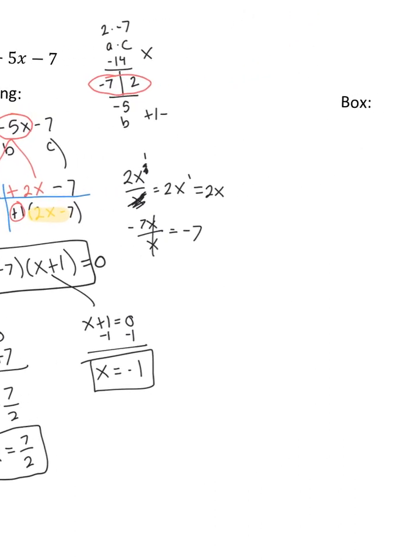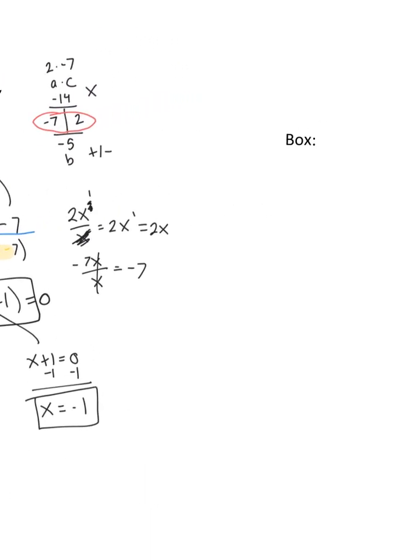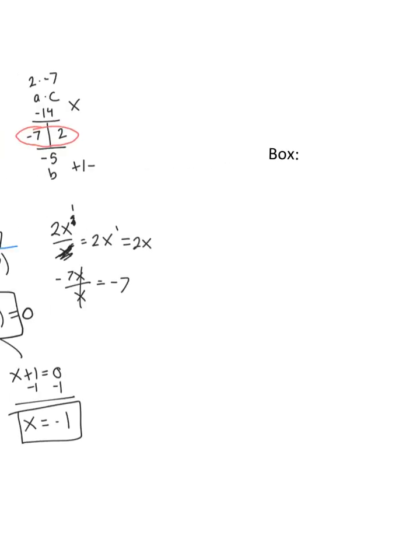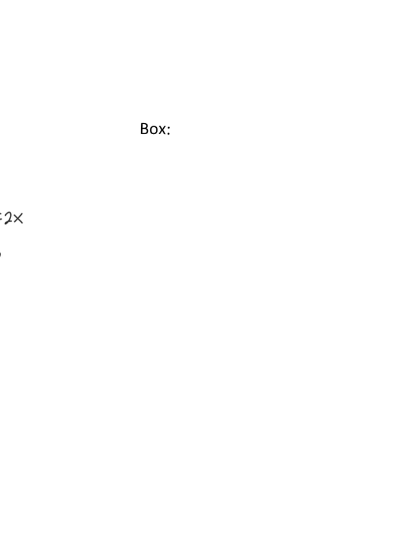Okay, if you're going to do this with the box method, it's very similar. Sorry, I'm going to rewrite the problem. What is it? 2x squared minus 5x minus 7. Okay, the 2 factors that we found in our I are negative 7 and 2. So in my box,